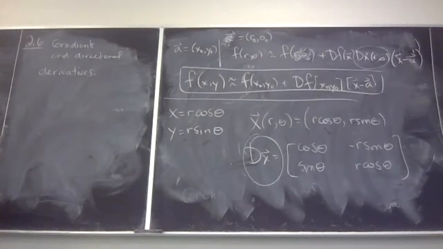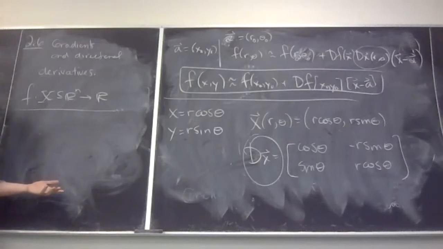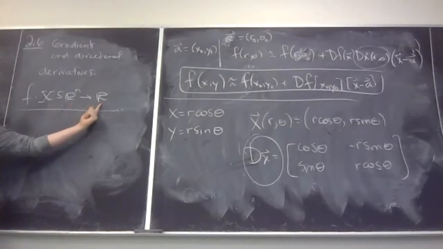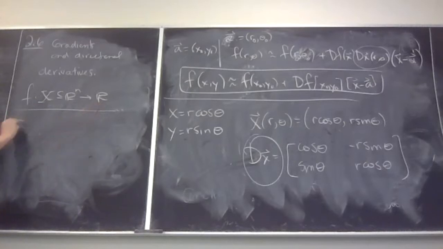So for the purposes of our conversation today, we're going to assume that f takes a domain in Rn and maps it into R. And we're going to assume that this function has partial derivatives everywhere. So the gradient is a special derivative that only makes sense for scalar valued functions. Okay, so this is a scalar valued function because it spits out a scalar. Grad f is equal to,